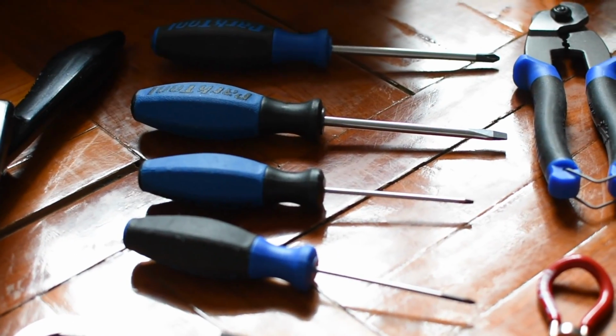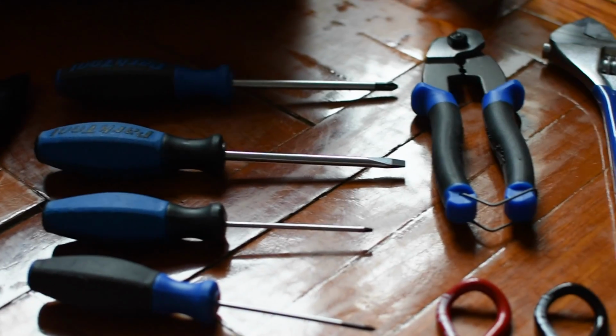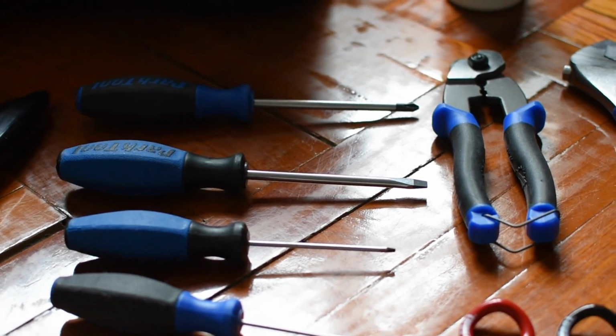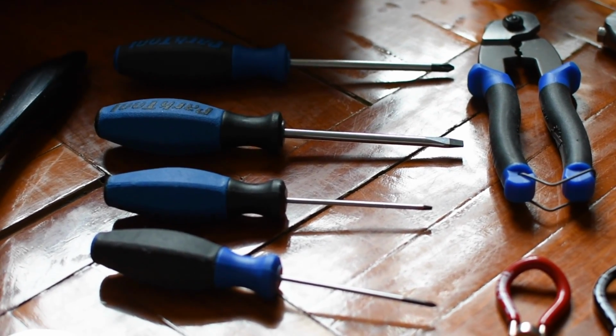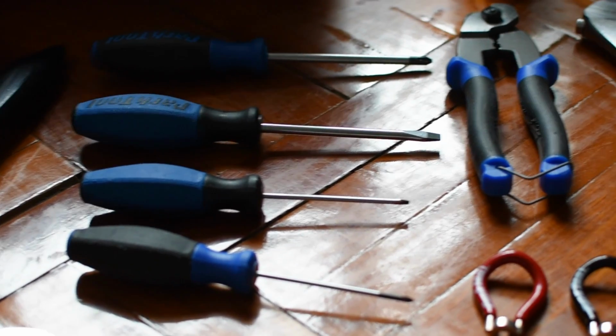Now, it's important to have screwdrivers. You don't need Park Tool specific screwdrivers, but make sure you have plus and minus screwdrivers with small and large variants. This is for adjusting your indexing for your rear and front derailleur. Not only does adjusting cable tension change how the shifting feels, but you need to have these screwdrivers to adjust the high and low limits